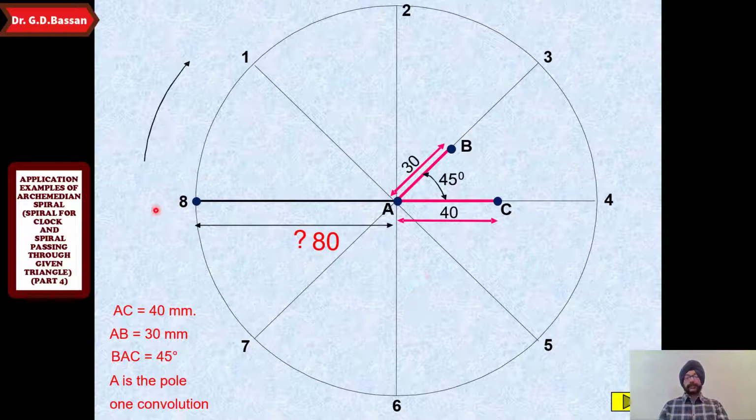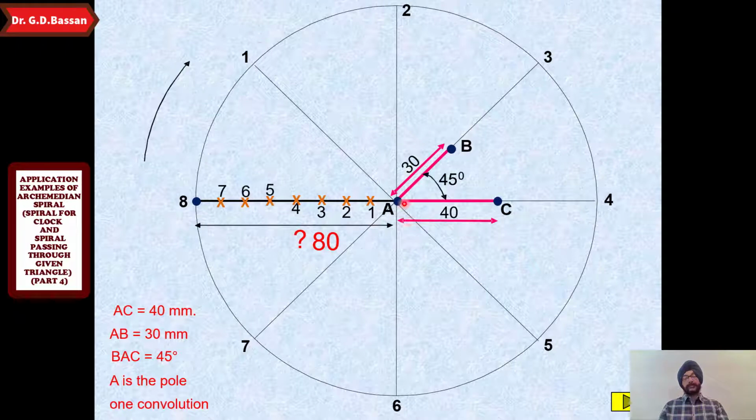As we divide the circle into 8 equal parts, naturally for Archimedes spiral we have to divide the final radius vector, that is the total length, also into the same number of 8 divisions. So divide 8a into 8 equal parts. So here also we divide 1, 2, 3, 4, 5, 6, 7, 8. That is for the linear travel. Again, as I told you, it starts from the pole and ends at the final radius vector. So always give the numbering starting from the pole to the end of the final radius vector. This is how we have to give the numbering also.